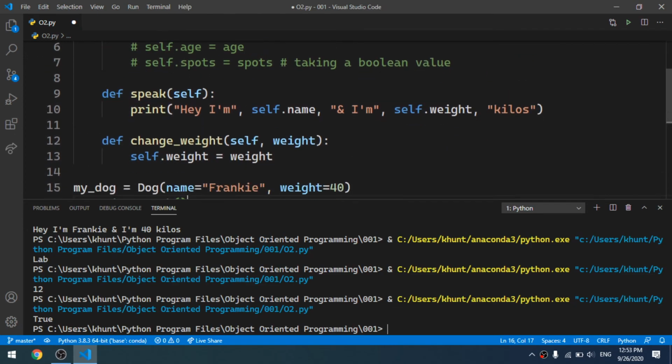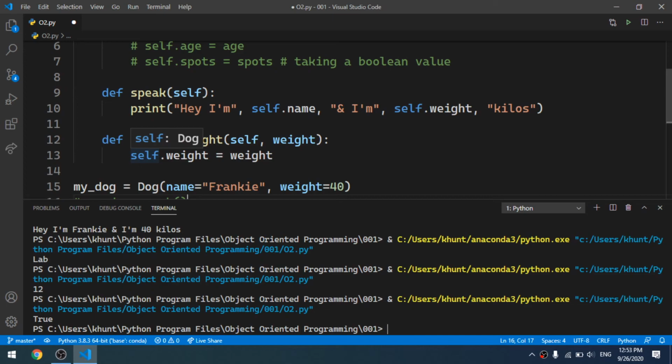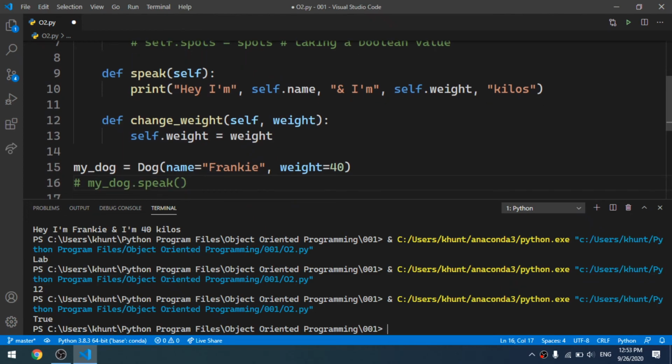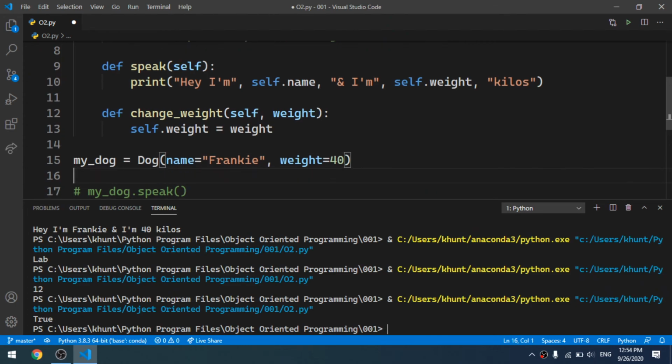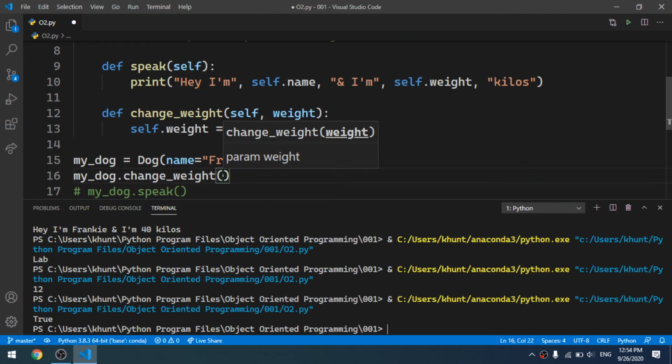Now I have defined a method to change the weight of my dog, the dog class. So if I say my dog dot change weight,